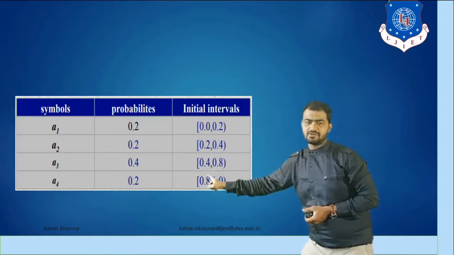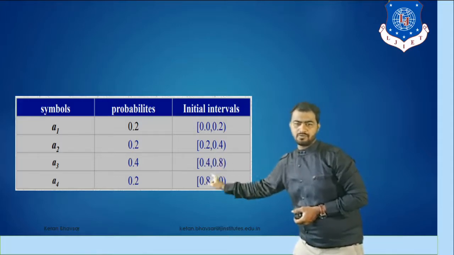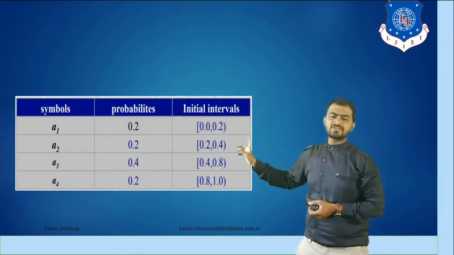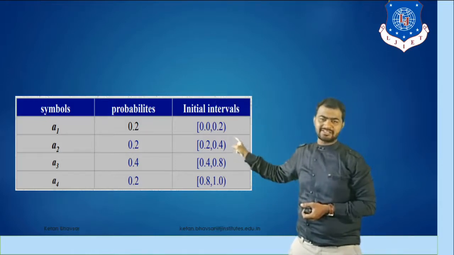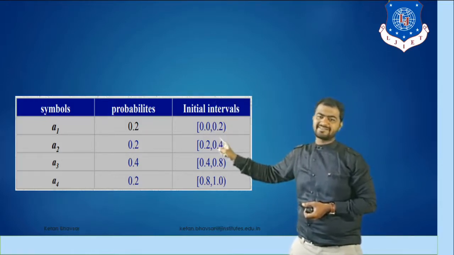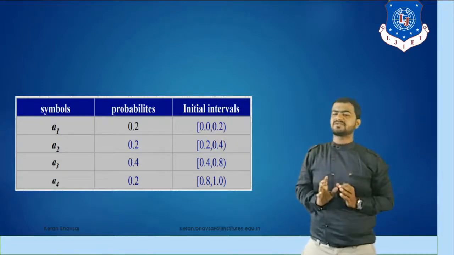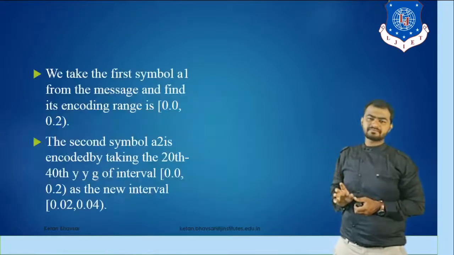So now what exactly you have to do? You have to put 0.4 over here. Now you add 0.4, so it's 0.8. Now you put 0.8 over here and then add 0.2, so it becomes 1.0. Make sure that the starting address is 0.0 and the ending address is 1.0, and make sure the bracket on this side is a square bracket and on this side is a curly bracket. These are the symbols for arithmetic coding whenever we work in image processing based concepts or compression based applications.